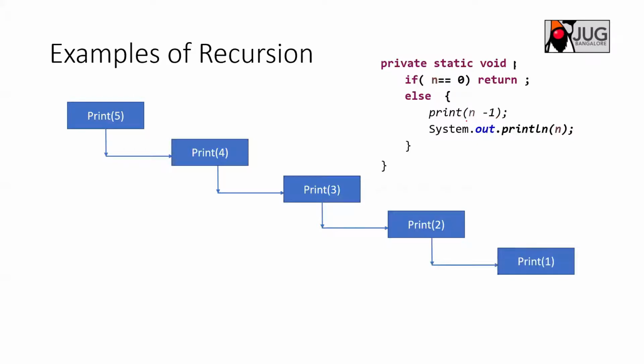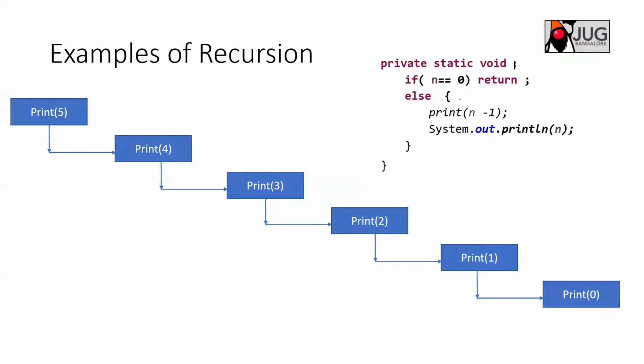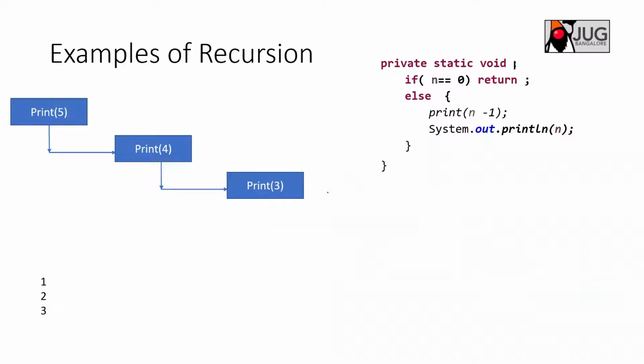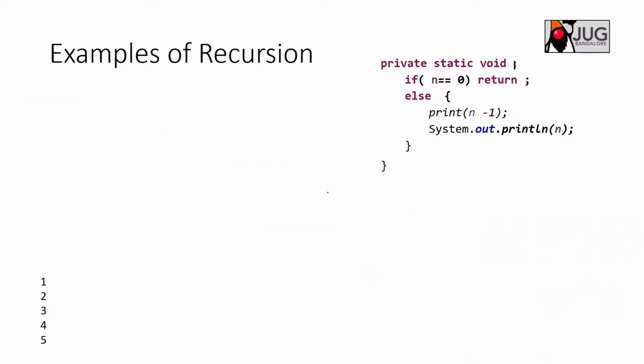And then print of 2 calls back print of 1, and once it hits 0 right here, it just returns. It returns nothing, because it does not do anything. So we get the callback from print 0, and it did not return anything. So it prints what it has to print. Now this function returns back printing 1, and this function returns back printing 2. So we have output something like this: 1 2 3 4 5, and then this returns back. You printed 5 and then it returns back. This is how recursion works.